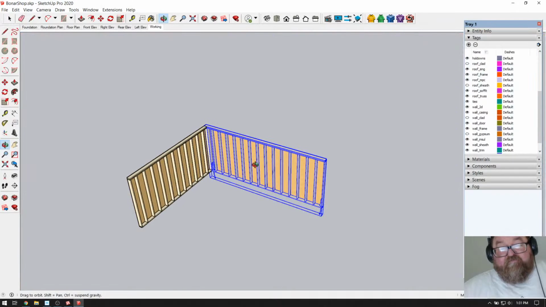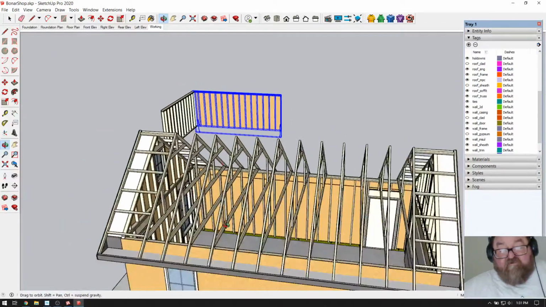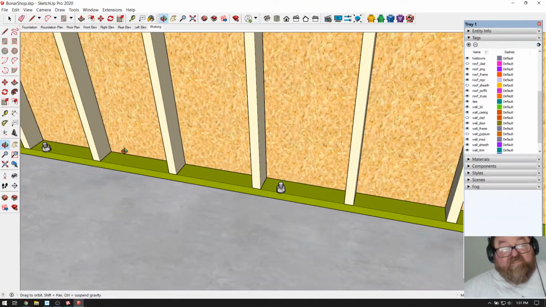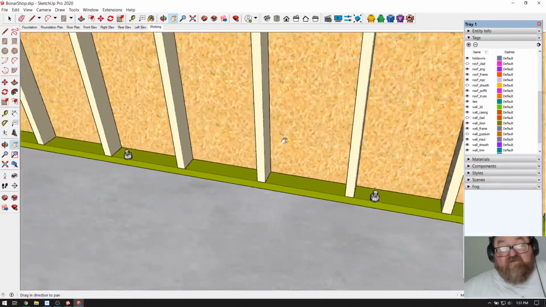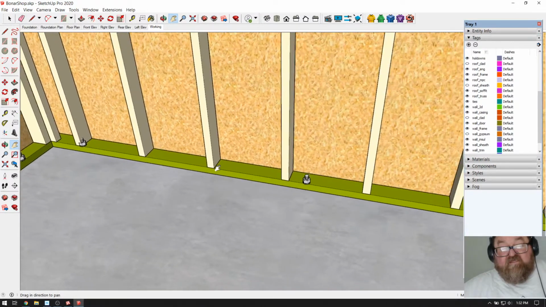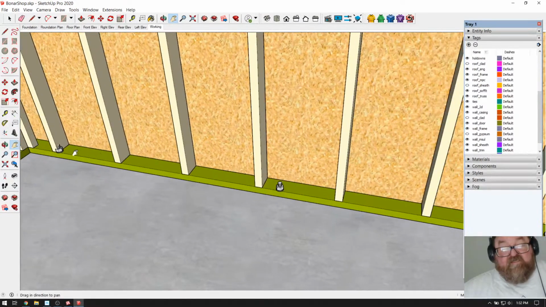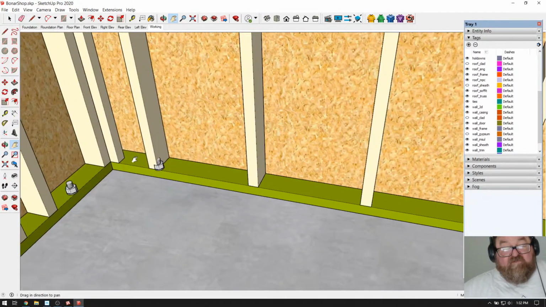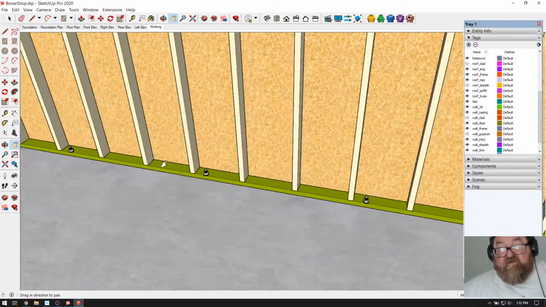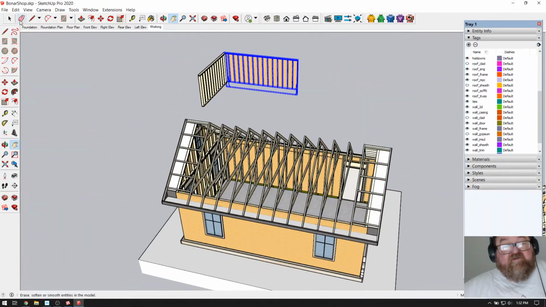But I'm not sure on this project. I think he's just required to have, and I'll have him check this. I don't know what version of the code he's under, but typically on most where you're not dealing with high winds and older building codes, you'll just have anchor bolts at least every 4 feet and within 12 inches of the corners. It's pretty standard in a lot of areas because a lot of municipalities haven't updated their codes to the